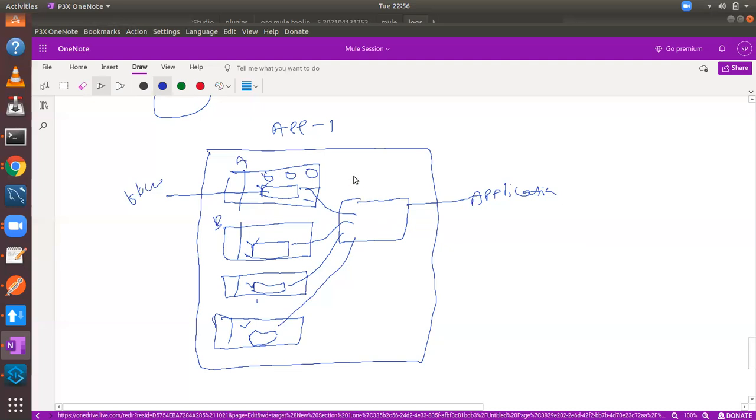Got it? And there is one more type, processor scope. If an error occurs in this processor or these two processors, I want to handle the error. Maybe this flow contains 10 event processors, but I want to treat these two, or this one, as a separate category and define error handling for this specific thing. In that case, I can wrap it in a scope called a try scope and handle the error.